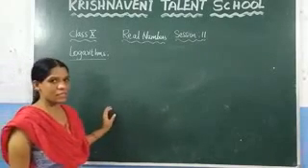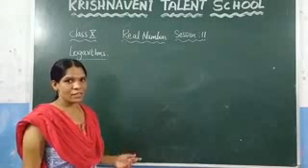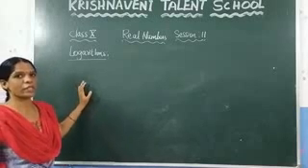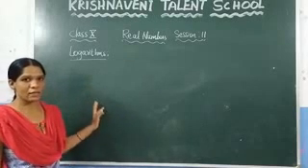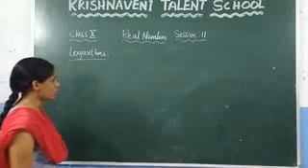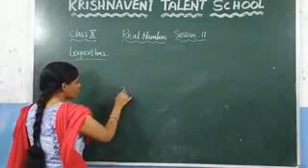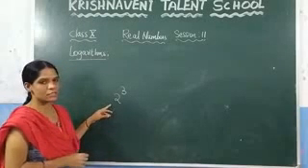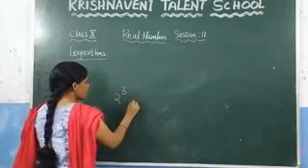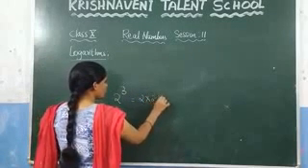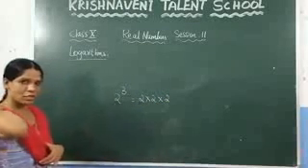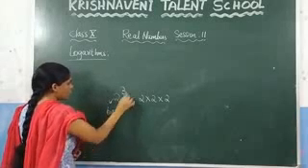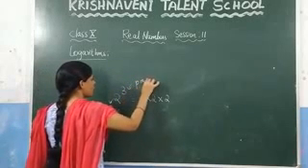In the earlier session we discussed how to prove the irrational numbers, and now we are going to discuss the logarithms. Before that, let us have a brief recap about the exponents. If you consider 2 cube, how many times do you need to multiply this 2? 3 times. So you can write it as 2 into 2 into 2. This one we call the power, and this one we call the base. You know this, right?